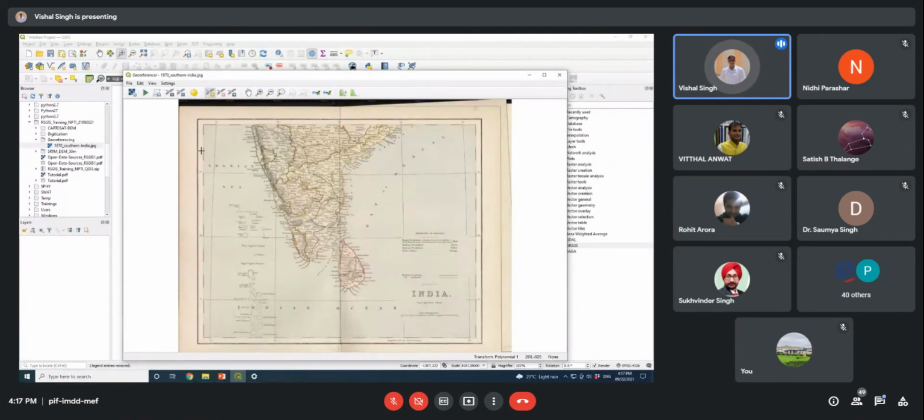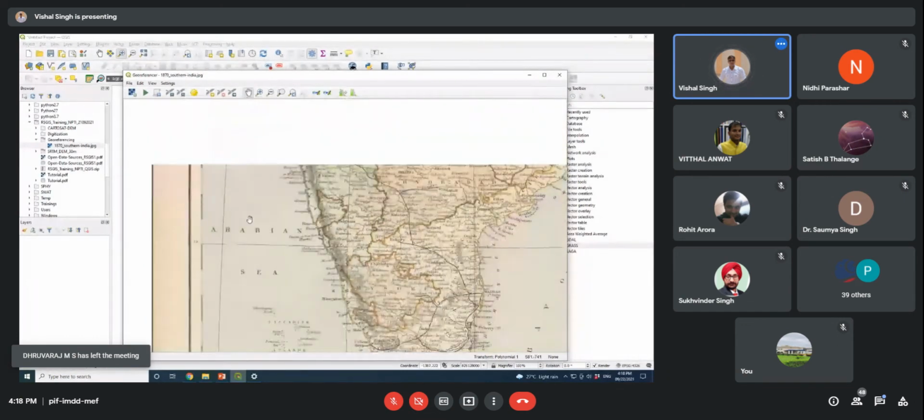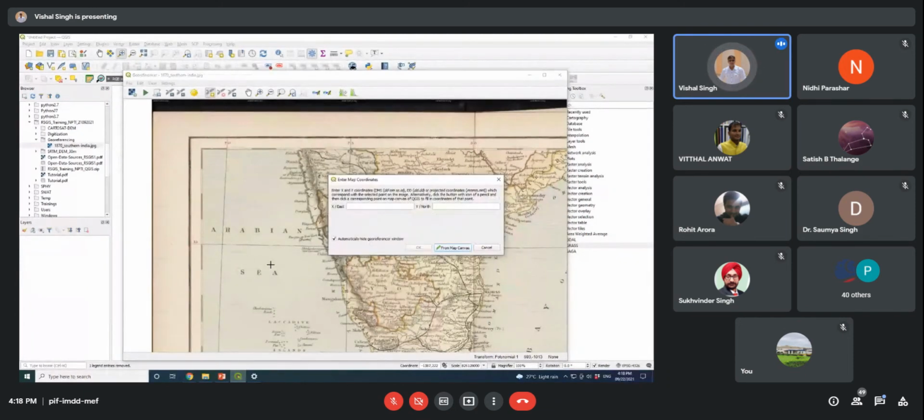As I have said, you should always follow the clockwise direction. So now you can see it here. I will take this crossing location, and here I can see that the longitude value is 70, the latitude value is 15. I will click it here, and you always need to make the point exactly where it is crossing. So here I will give this point.